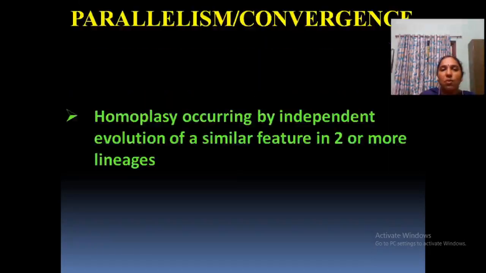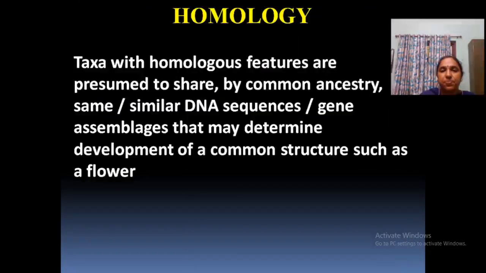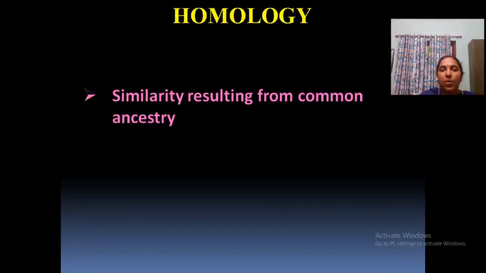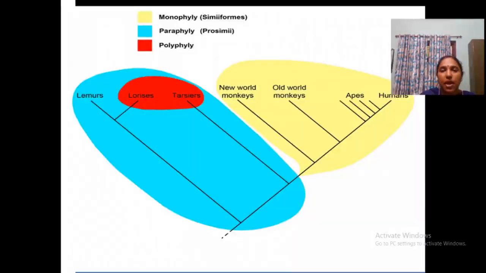So one more point I have to remind you. By looking at these diagrams, you can see these points 1, 2, 3, 4, these junctions, they are called nodes, and these are the branches, and these are the lineages or descendants. Clear? And these are also called clades. You have to be familiar with these terms.